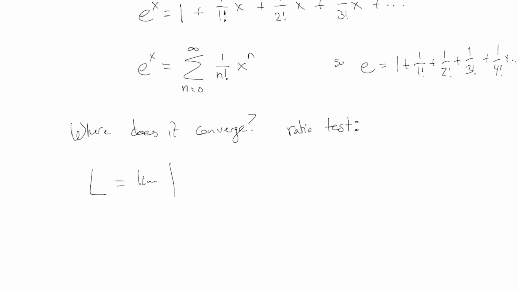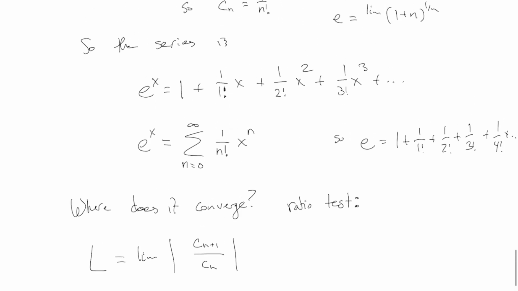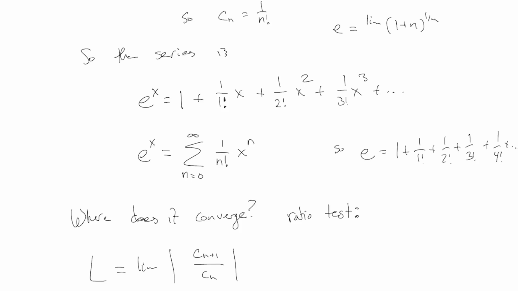Now would you mind if I call them c's, just because when we're talking about Taylor series, we always call them c's. But we do have a formula for c_n and c_(n+1). I wrote it, you can see it at the very top there. c_n is just 1 over n factorial, right? So this looks like,